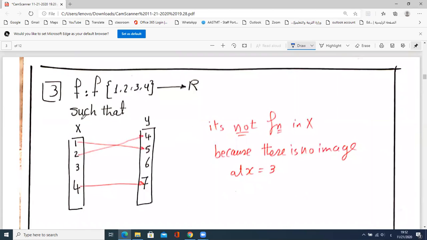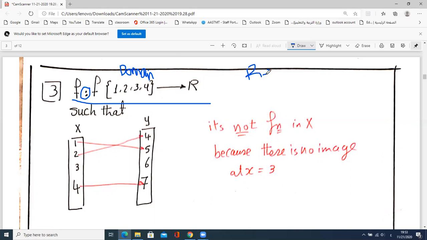Example 3. Let's read this expression f, where these 2 points are called where. F from 1 to 3, 4, this is the domain. The interval before the arrow is the domain. R, this is the codomain, which is not the range. Okay, the codomain is not the range. The codomain is always R because we are dealing with real functions, which means the numbers that we are dealing with are the real numbers. Okay,